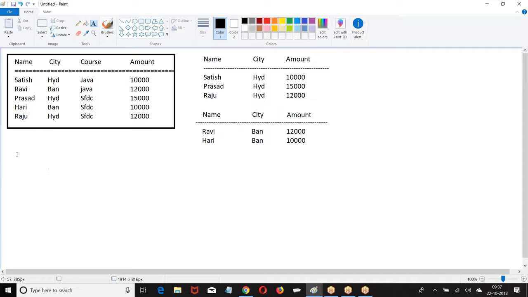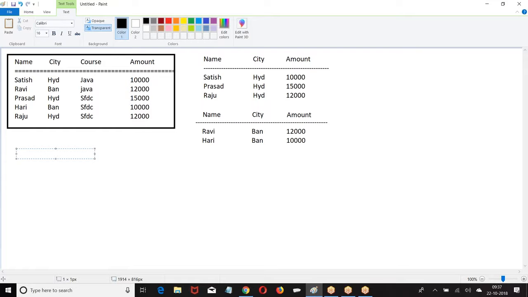Tabular report. Summary report. Grouping the data based on a field.